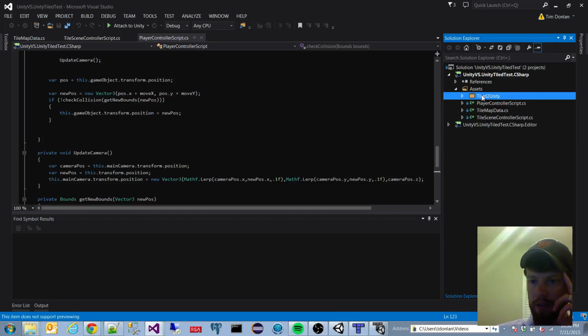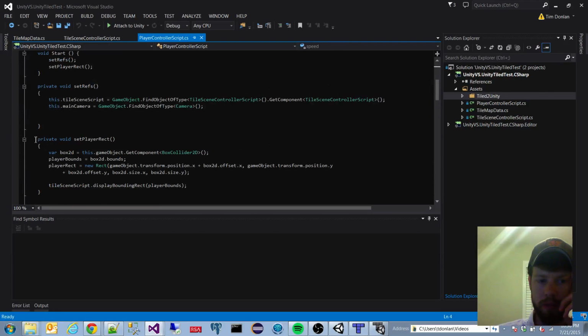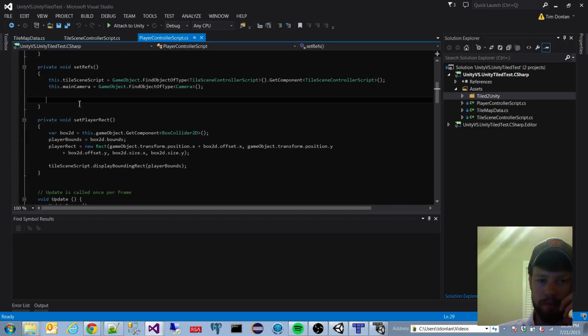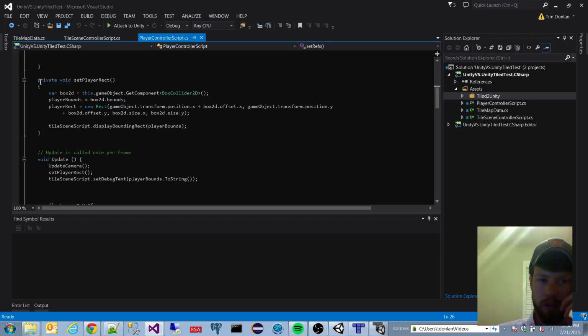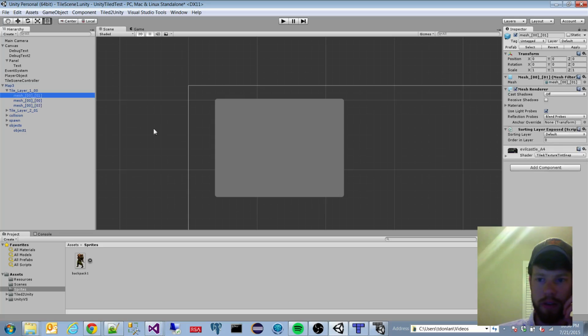So here's all the Tiled to Unity stuff. Here's the stuff that I've done. So there's a player script where the player moves around. You grab the camera and the game controller. One thing about the collision, the way it works, is basically all the collision areas have